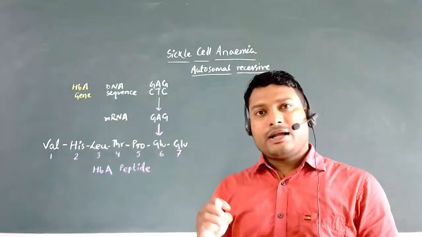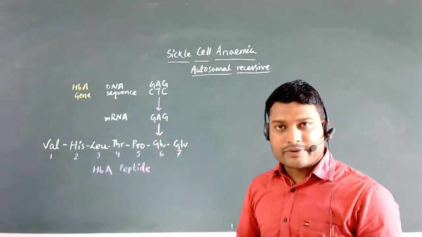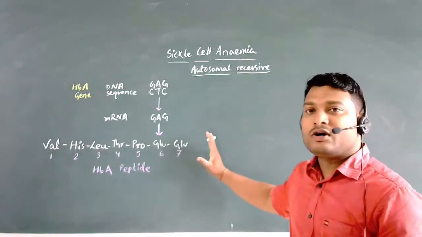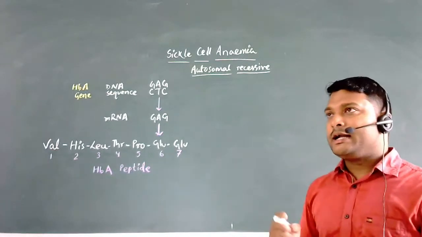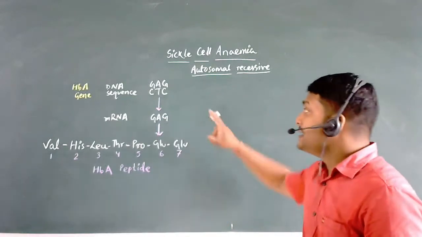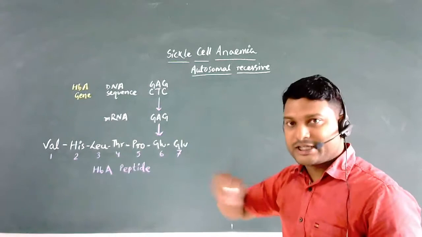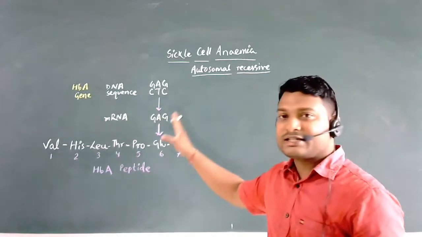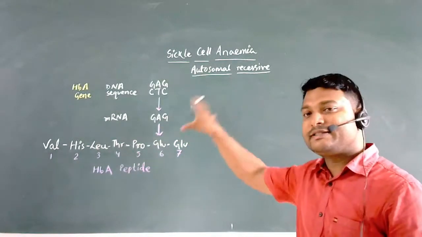But the questioning does not always seem this easy, not always a 1 mark question, but rather many a times they ask questions based on this diagram. Now this particular diagram is from your textbook, and a year back or maybe 2 years back in a sample paper or somewhere I had seen that they had asked a question giving this diagram from your textbook, this one and the mutated one. So before we go further, let's discuss this and see how to answer the question that can be based on this diagram.